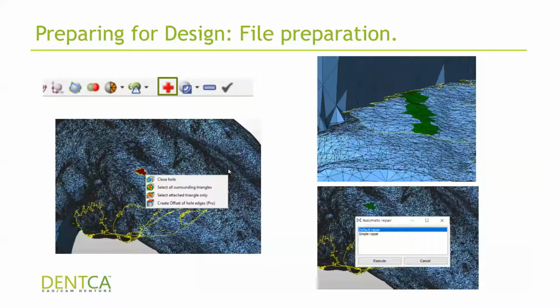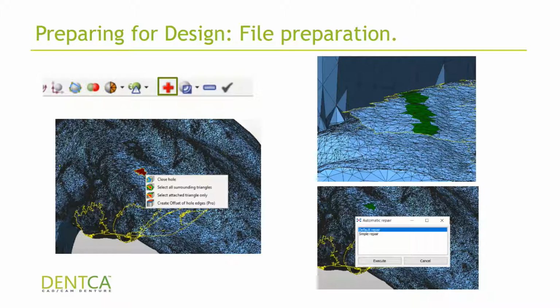And then you can just select the little cross that you'll see on the upper right to patch this up or repair this up. And in there, you can just right click on the holes and choose the close hole function, and it's just going to close the hole. Very simple, very easy. The only caveat is if the hole is pretty big and it has to repair a lot, it's usually going to do it in a flat way. It's not going to follow the curve of the impression. So you might need to keep that in mind and try to have as little amount of holes as possible